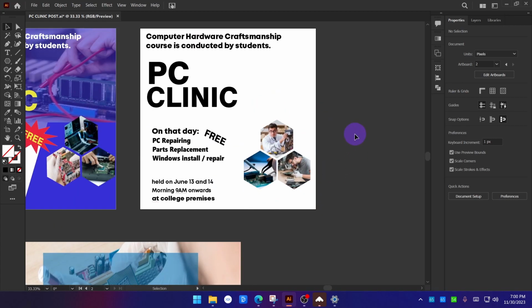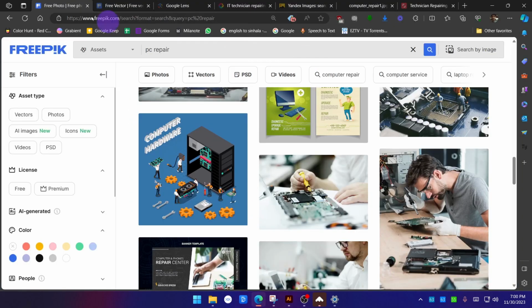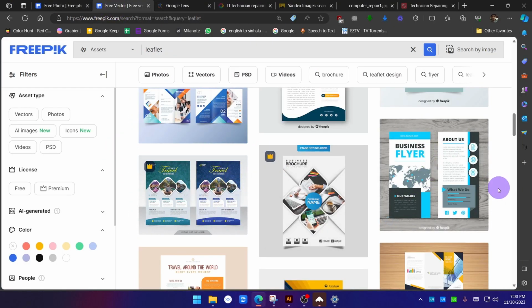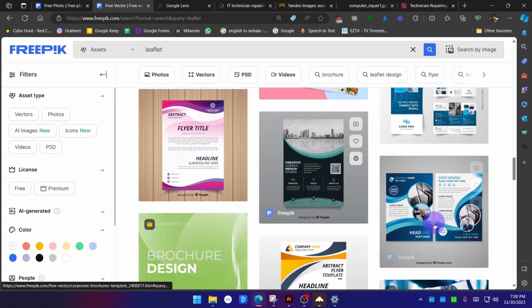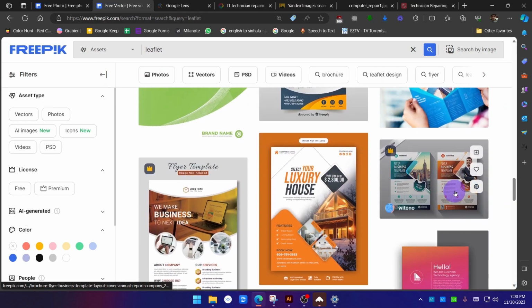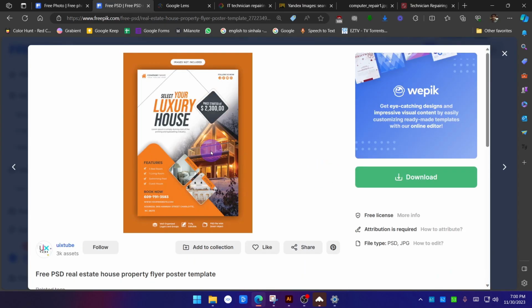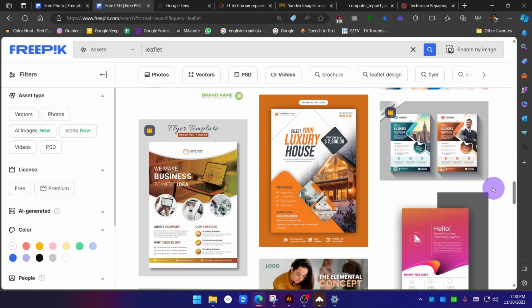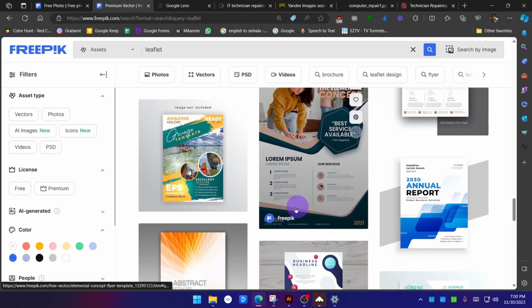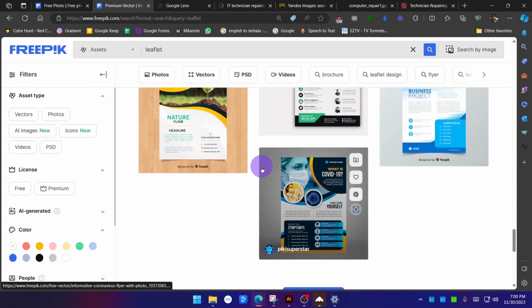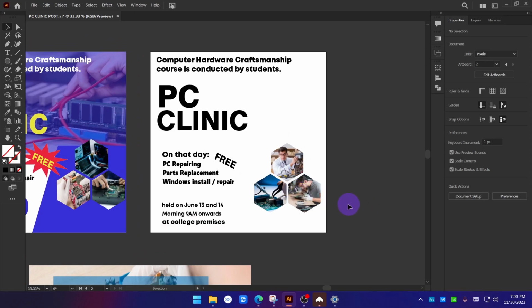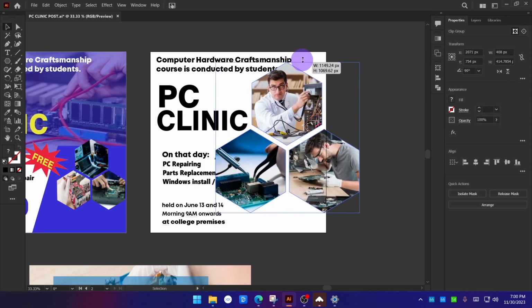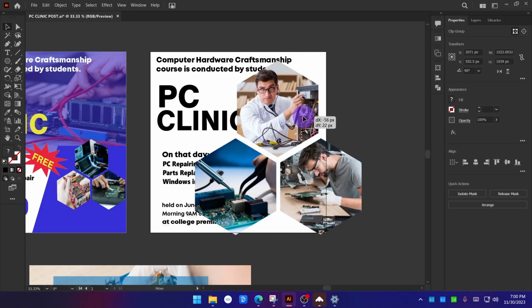But anyway, I have been telling you that when it comes to the main image, it should be much bigger. As you can see, this has a main image and it's so much bigger. So what do you see in this? The main image should be very much bigger. So right now these three are too small. What if I select these three and try to make it bigger as the main image? Now as you can see,